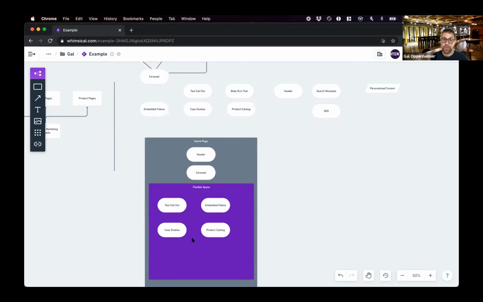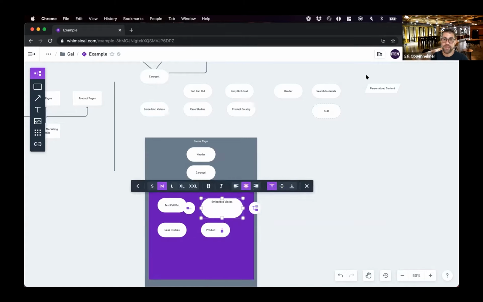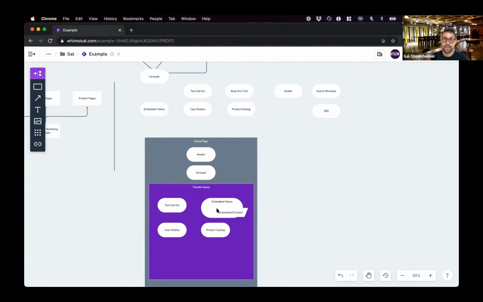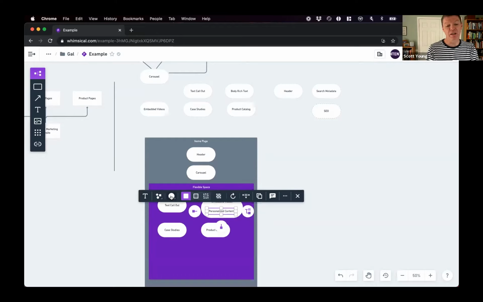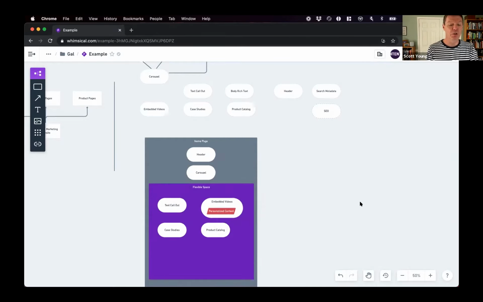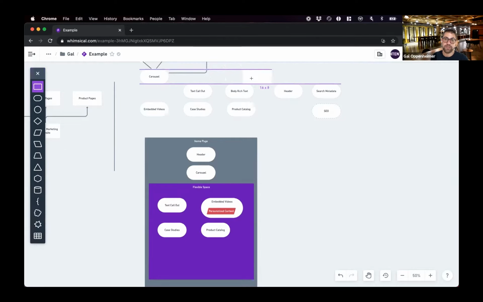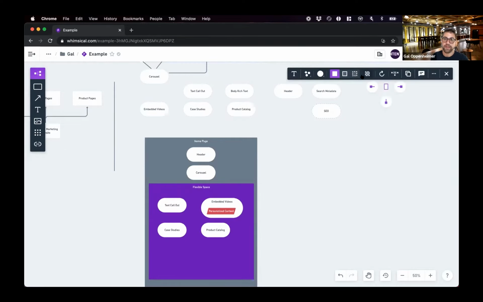And we talked a little bit about personalization. So let's say I want to be able to personalize the embedded videos. What I can do is add different personalization tags inside this element. That might be like a first-time visitor, or someone who's been here this week. Yeah, so that'll be a tag. I might have a bunch of tags available. So let's just show what some of those tags might be.